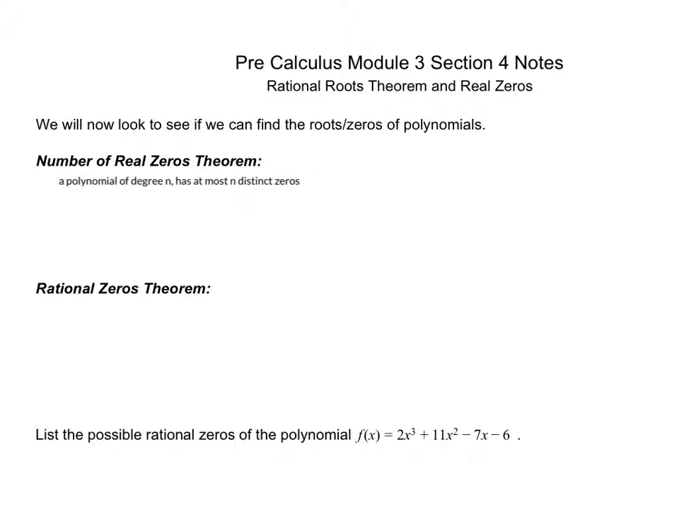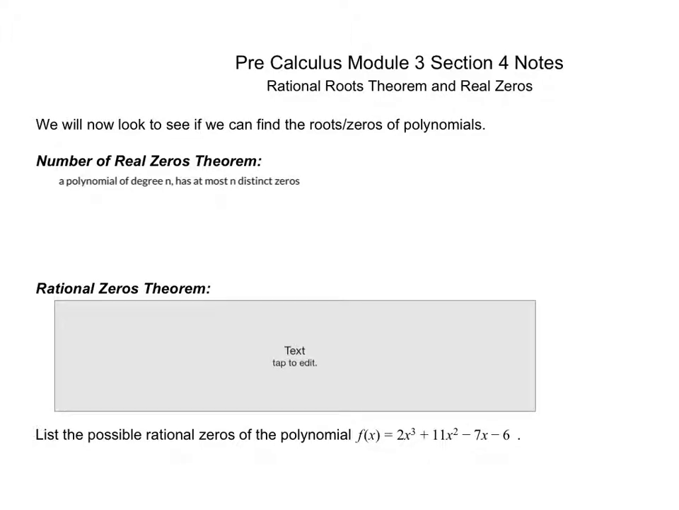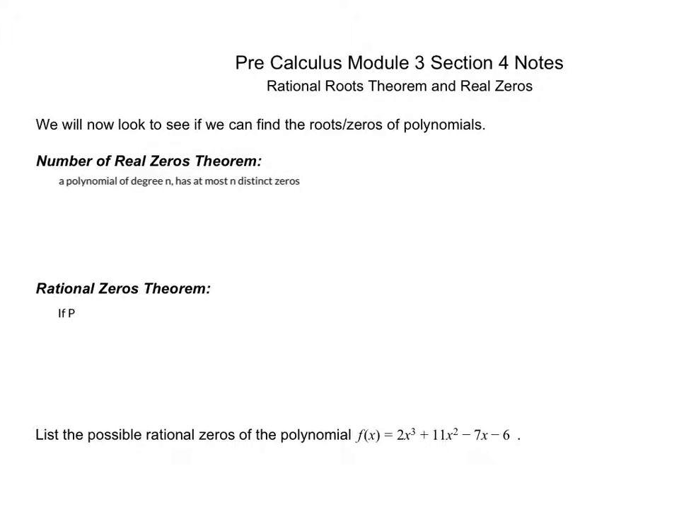We also have the rational zeros theorem. So what that tells us is that if p of x is a polynomial with integer coefficients, and if p divided by q is a zero of our polynomial p of x,